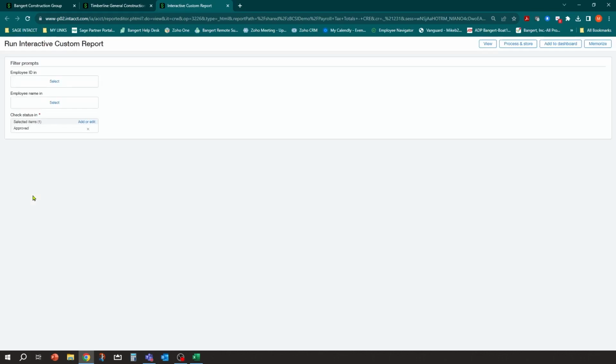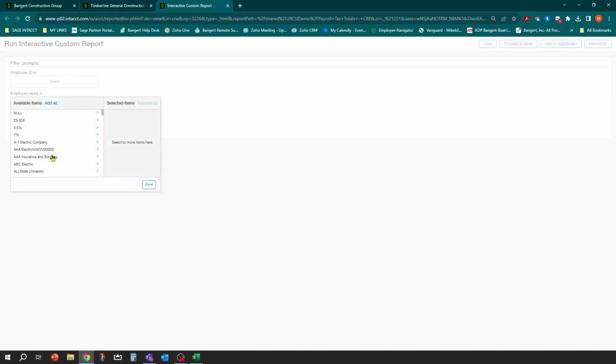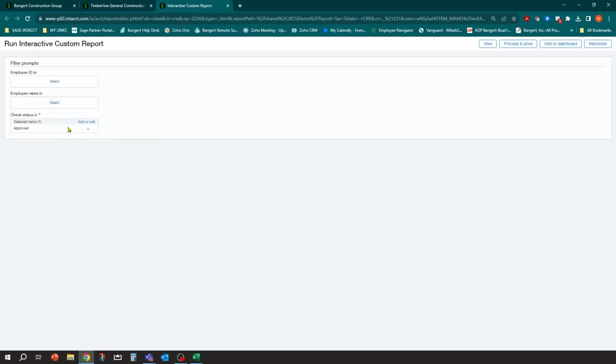Once it comes up, we're not going to have many filtering options. Now, again, with the ICRW custom report writer, you're able to add and build your own filters onto these. But out of the box, you can say, I just want to see one employee, so I can hit select and grab my employees. Or I might want to see approved and pending. Maybe there is a check run that's pending, but I know it's going to be included in that month. So I can click add here, and I can add a pending status on one of these if I wanted to.